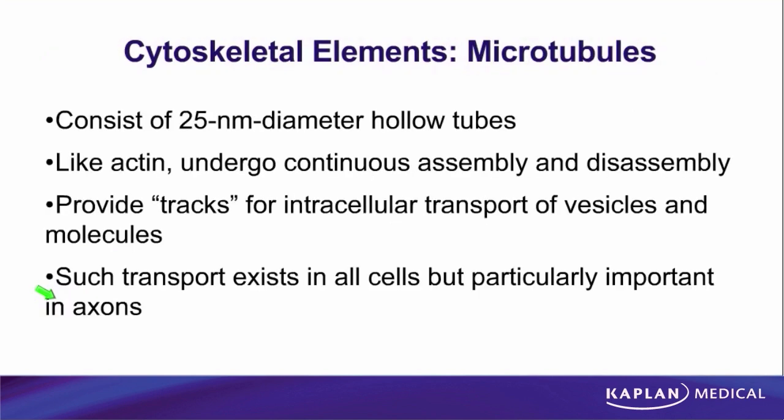The third cytoskeletal element is microtubules. They're called tubules, not filaments, because they are in fact hollow tubes. They are larger in diameter. We said microfilaments are about 7 nanometers. Intermediate filaments are about 10 nanometers in diameter. Microtubules are much larger. They're about 25 nanometers in